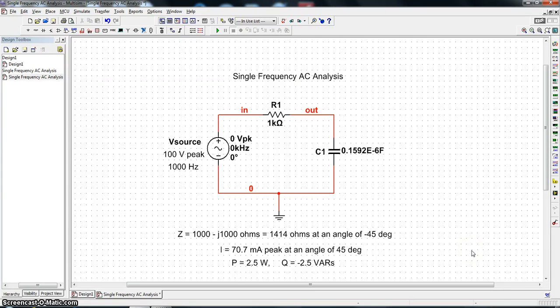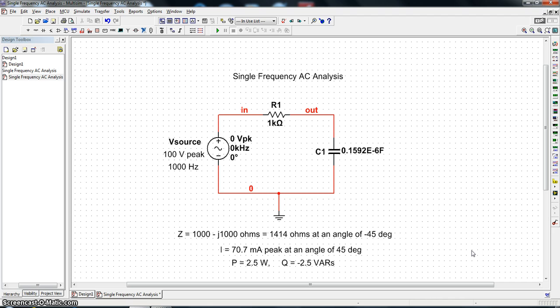This tutorial is entitled Single Frequency AC Analysis. It is designed to complement another tutorial that was called AC Analysis. The other tutorial, the one entitled AC Analysis, is really a frequency response type of analysis. In the single frequency AC analysis, we are concerned with the steady state response to a sinusoidal input at a